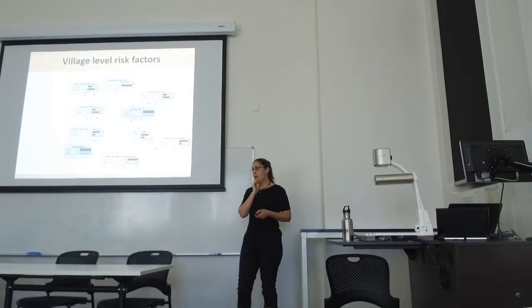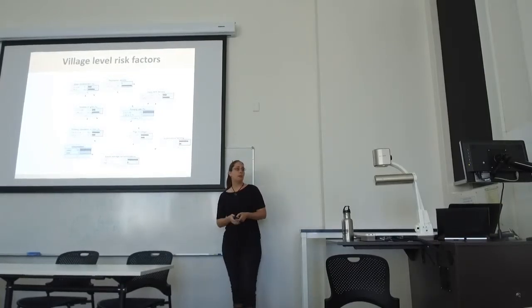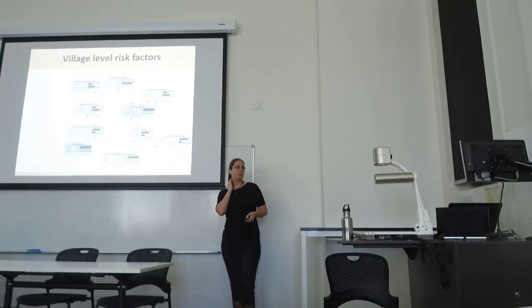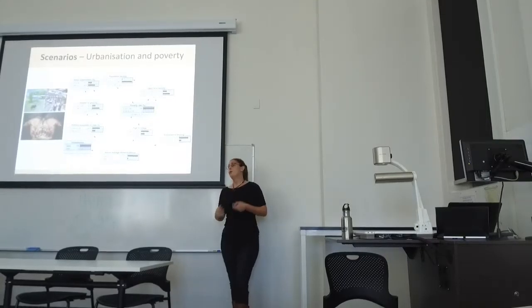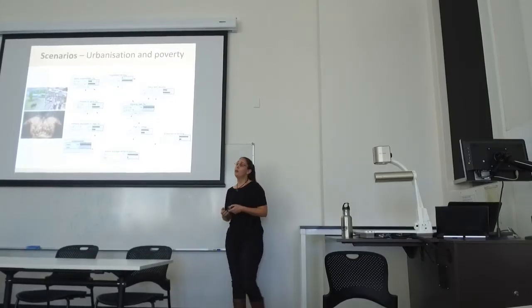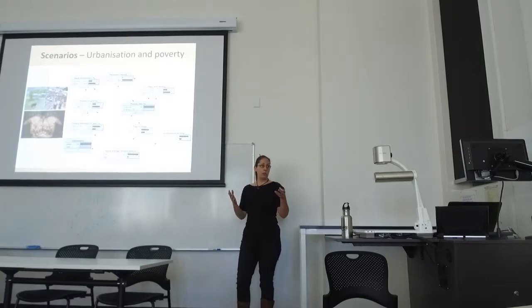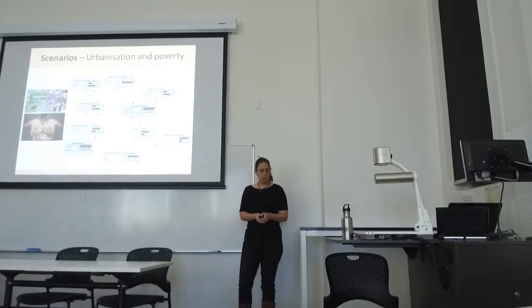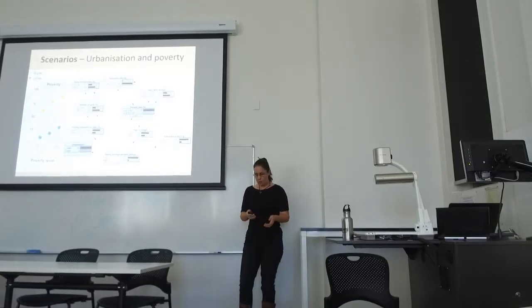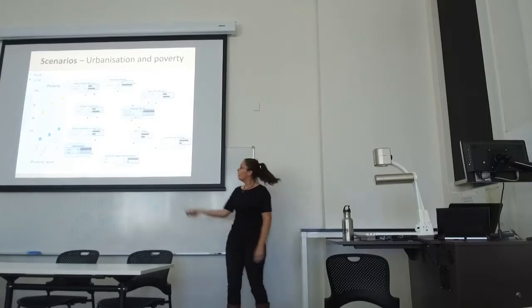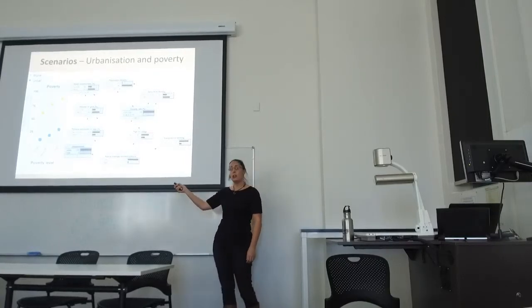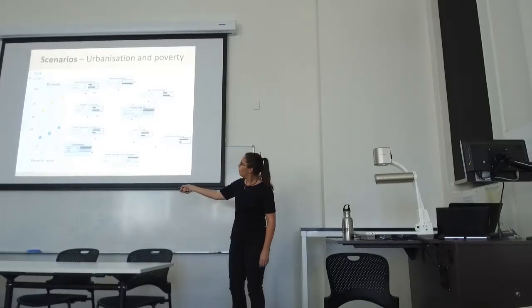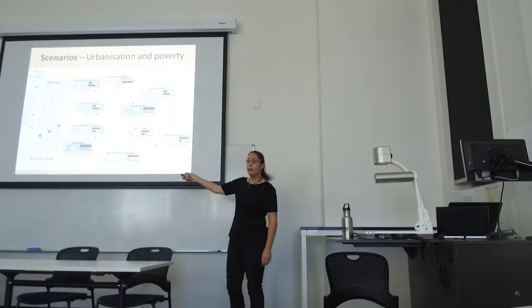From those, we whittled it down and found the most prominent, the most influential variables, and we were able to create this Bayesian network. And from that, we were able to run our scenarios. One of the scenarios we wanted to look at was the difference in the effect of poverty between urban and rural environments. The first thing we found out, in all our scenarios, was a really big distinction between the urban and the rural environments. Down here, we have the poverty level, and we have the chance of being in a high-risk village.